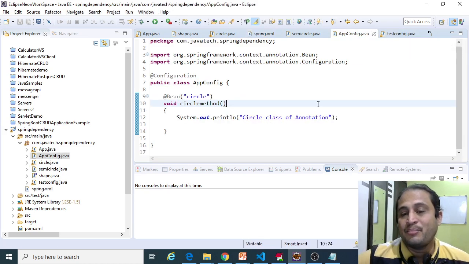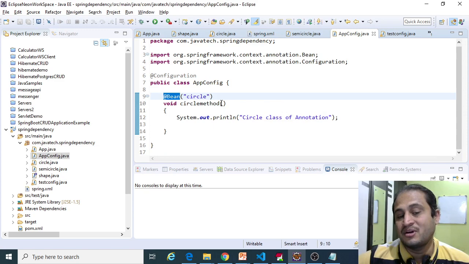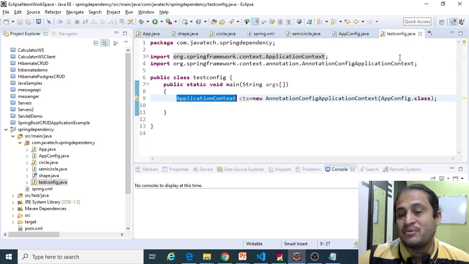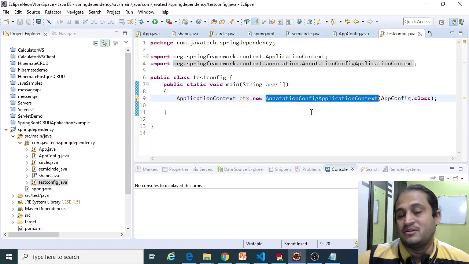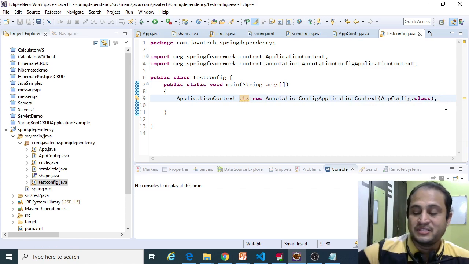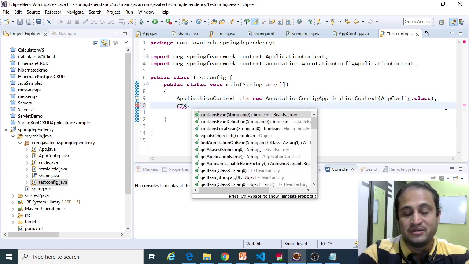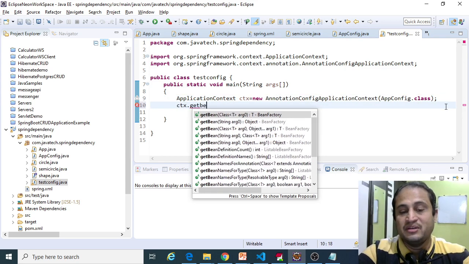I created an AppConfig class, registered a circle with the Bean tag as our circle bean, and I am testing this application with TestConfig.java, which has a main method. This is the way the annotation driven application context reads this AppConfig. So we are getting the context, and from the context we need to get the bean.